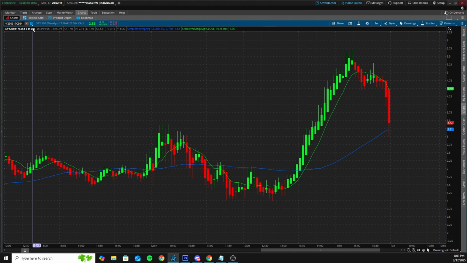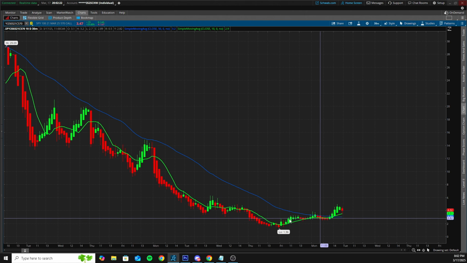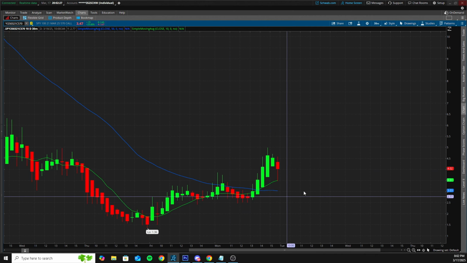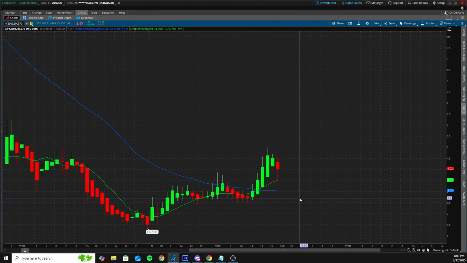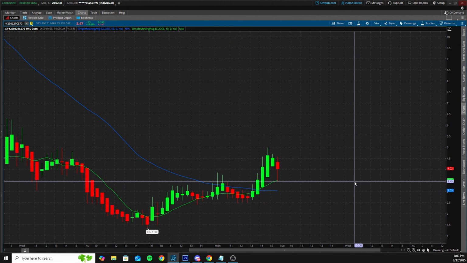Going into tomorrow, like I said, the 30-minute here is crossed on the call side. We're waiting to see if that 50 could curl up. So pretty much if this curls up, bullish tomorrow. If it still slopes down, we're neutral. And then I'll be monitoring to see if we could flip bullish. And if we do flip bullish, look for a call cross, 50 dip on calls.